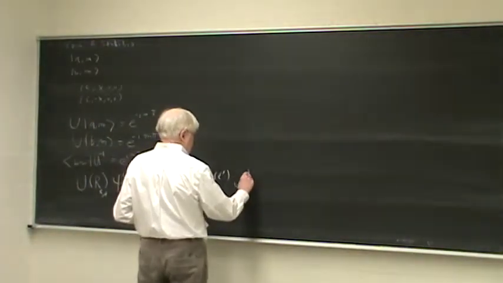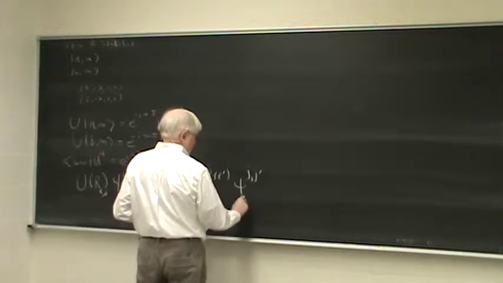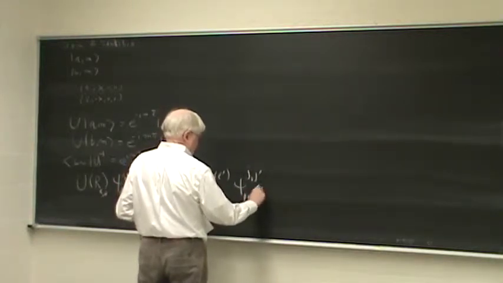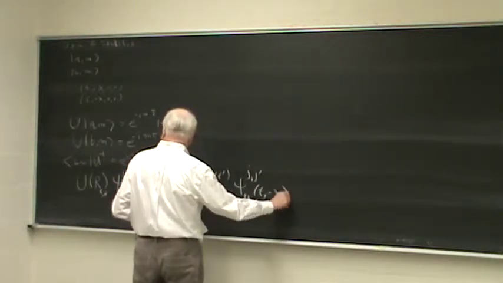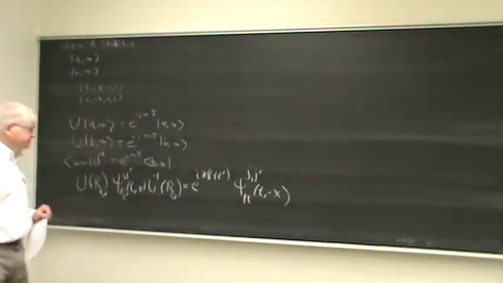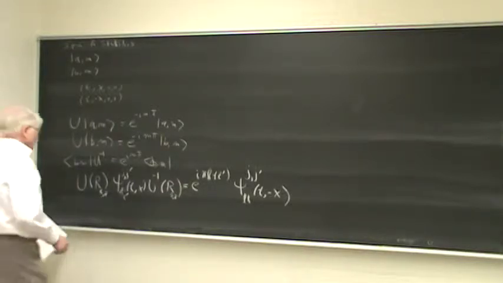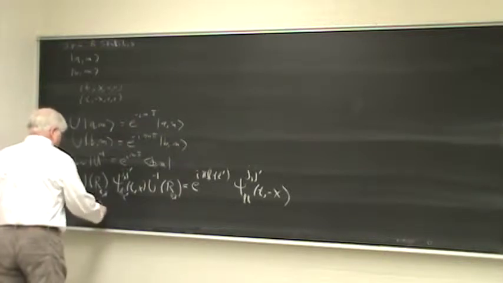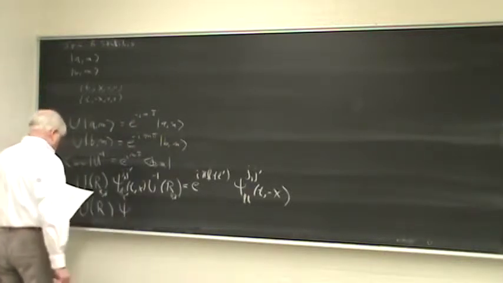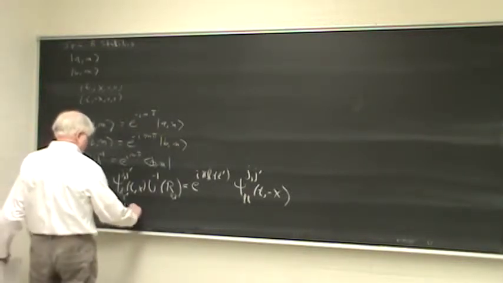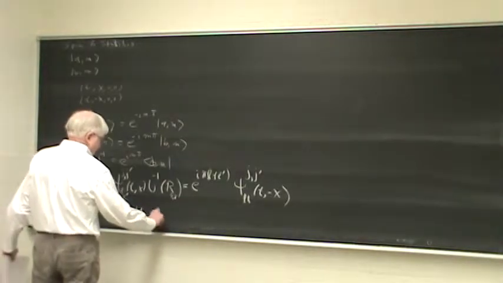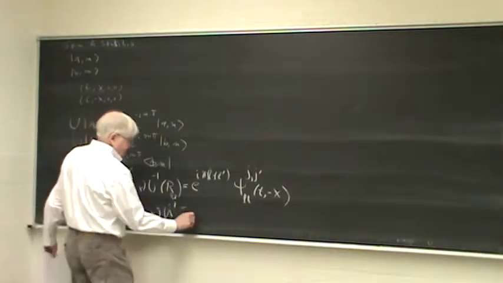So this would be psi_{J', L'} and now it would be at t, minus x. And so let's simplify the notation a little bit and write this as U of R psi_L(t, x) U inverse is,